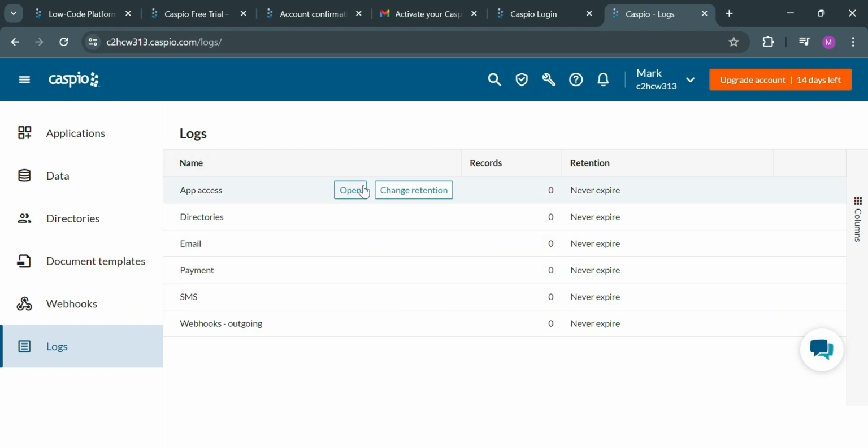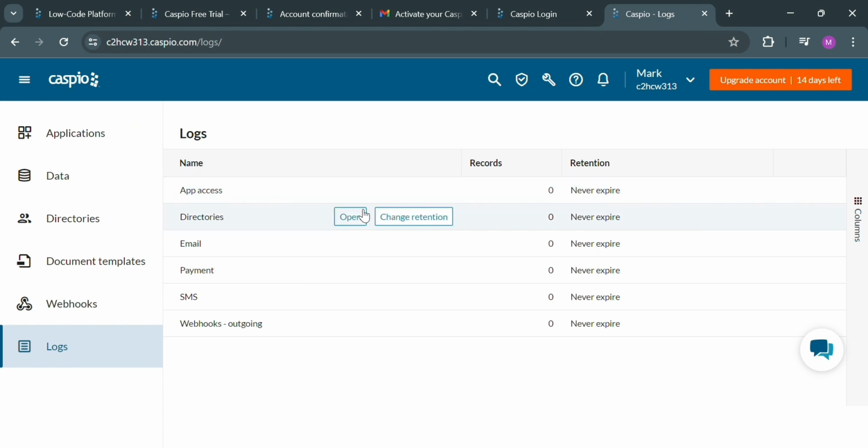So as you can see, we can navigate here or open app access, directories, email, payment, SMS, and even webhooks outgoing. So basically, this feature allows administrators to track and analyze user activities, ensuring that the system is secured and functioning correctly. Now moving on, you can also navigate on the top panel some of the options, including the search bar